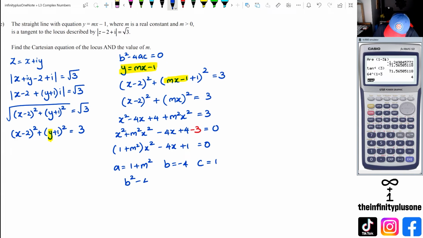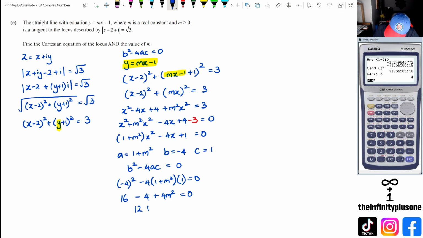So we've got b squared minus 4ac equals 0. So we've got negative 4 squared minus 4 times 1 plus m squared times 1 is equal to 0. So expanding all of this, we're going to get 16 minus 4 plus 4m squared is equal to 0. Then we've got 12 plus 4m squared is equal to 0. So 4m squared is equal to